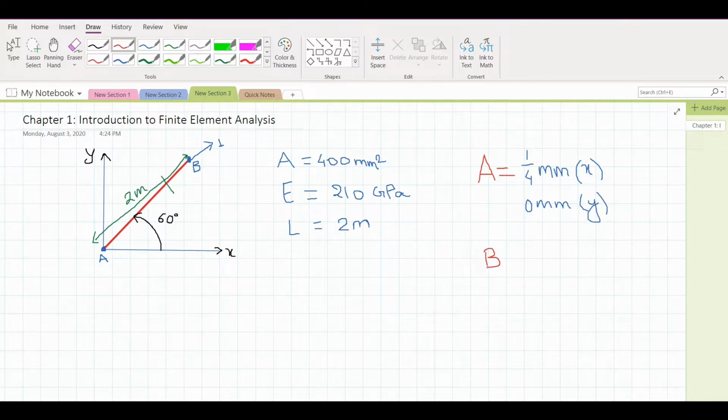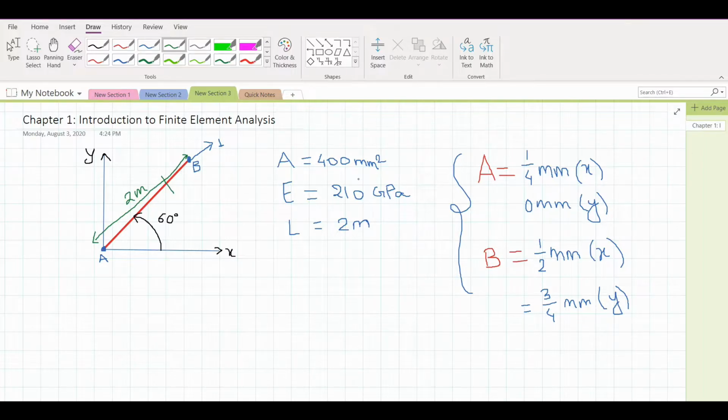Similarly, the point B can be subjected to initial displacement of 1/2 mm in the x direction and 3/4 mm in the y direction. So under these initial conditions, the problem might be to find what is the axial stress